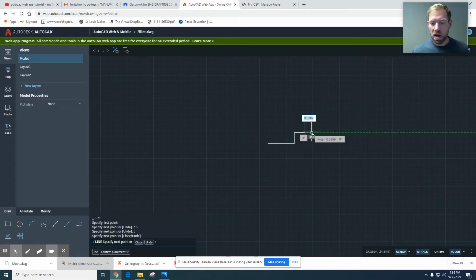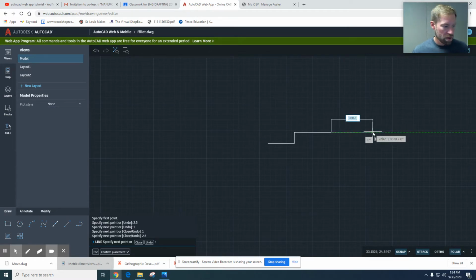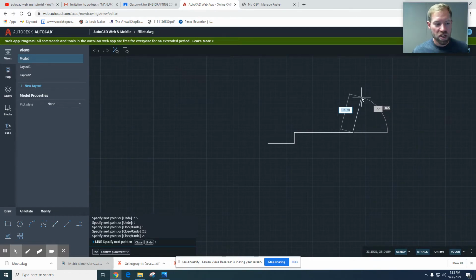As I draw this, I know it's one continuous straight line, but I'm breaking this up into segments for a reason. I will show you guys why we piece this together in segments as we continue on through our model here. So I've entered my 1. I'm going to go to the right another 2.5, enter. I'm going to go to the right another 2, enter. And now I'm at the end of our object, and the end of it has a curved radius